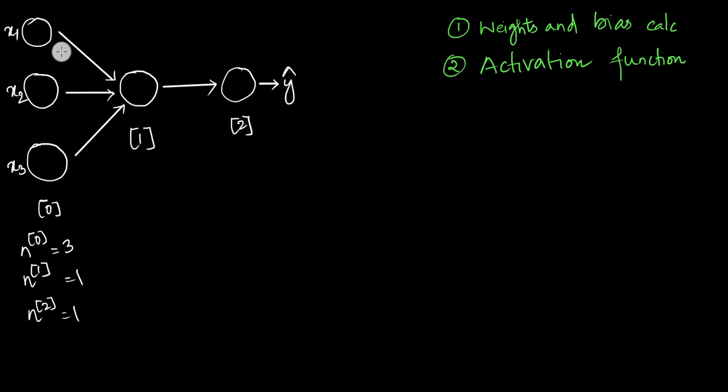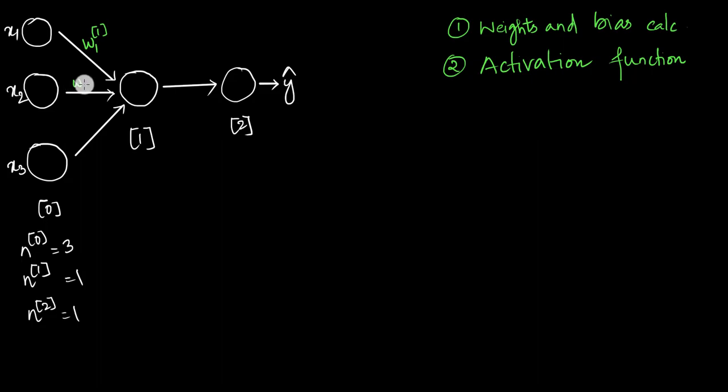So what are weights? Every time there is an input that is being sent to a neuron, it will be accompanied by a small numerical value called the weight. Let us denote that by W1. So this is W1 of the first layer, because this is going to the first layer. Anything in the superscript denotes the layer. Similar to the number of neurons or nodes, where in the superscript we had the layer number, similarly we'll have the layer number here.